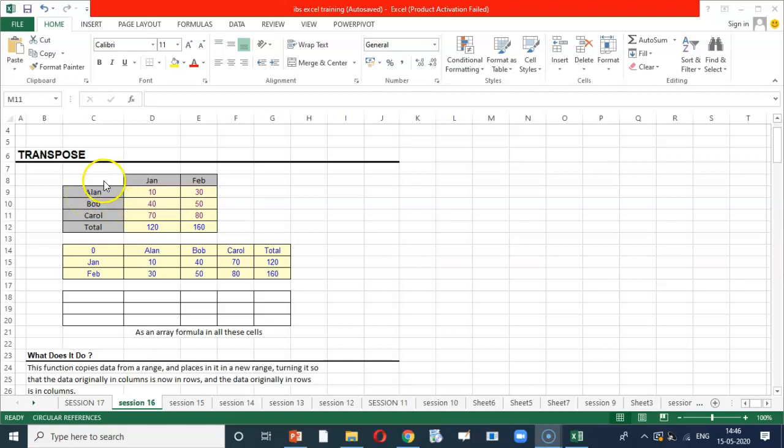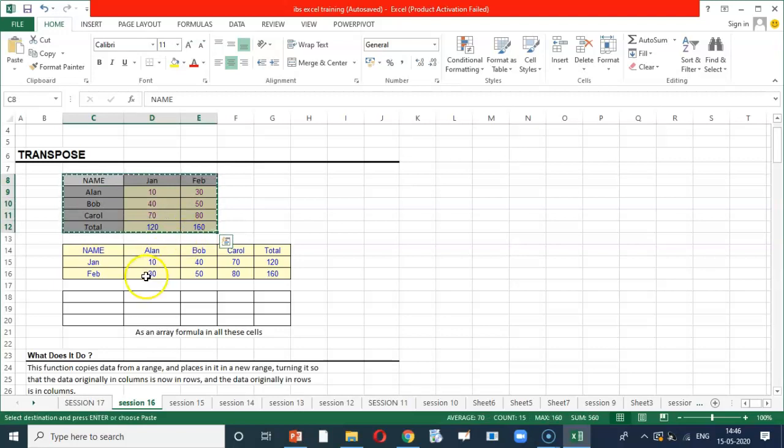You can see in the given example, that is C8 to E12. In this case, this is arranged vertically, and if I want to arrange horizontally, let us try. First I will type name under C8 so that the blank space is removed, and click on format printer to get the format of the previous cell. Now my data is ready.